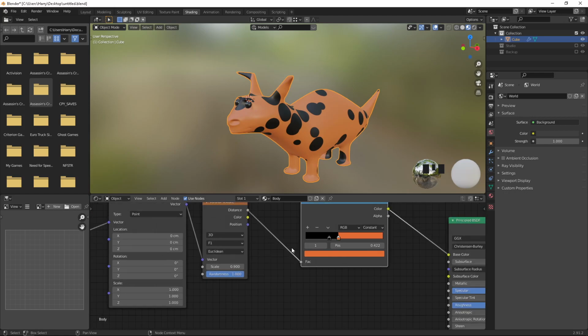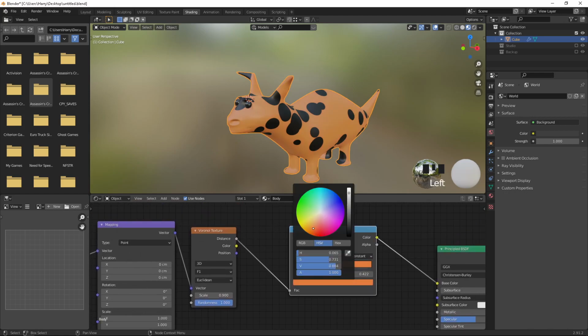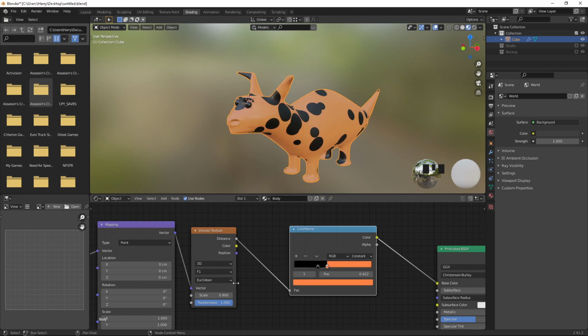So we can make it orange, but I feel this has the light. Let's give light orange. Light orange, and this is light orange.